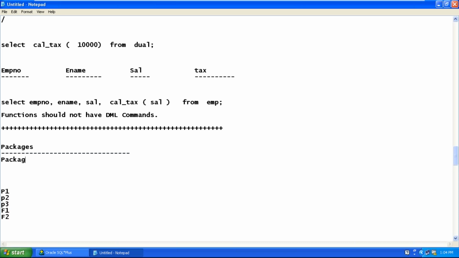Yes, a package is a collection of related procedures and functions. Creating a package is a 2-step process.